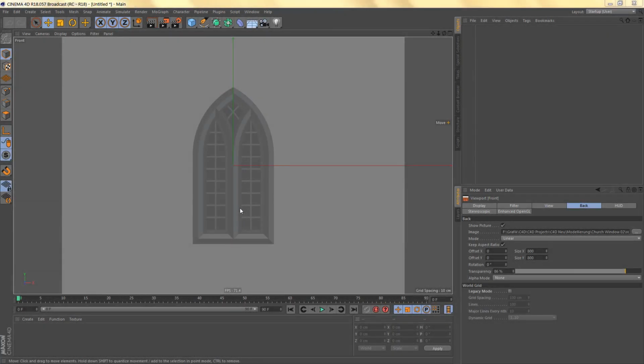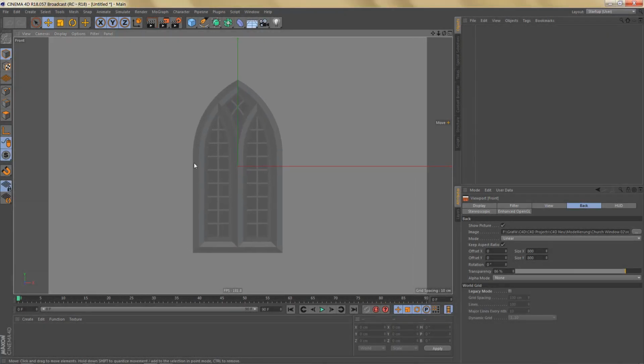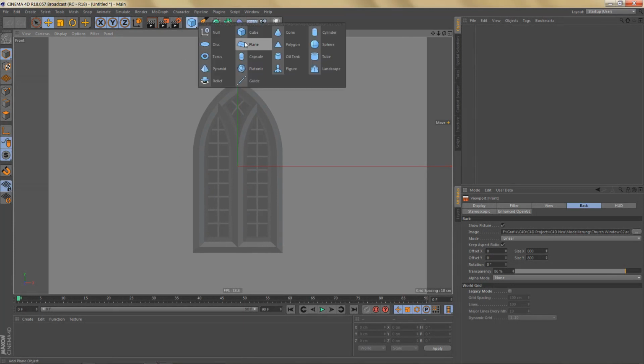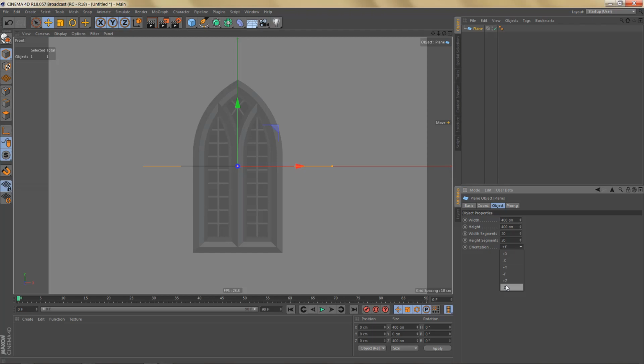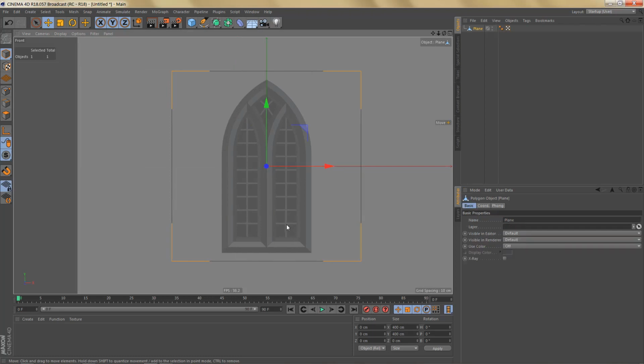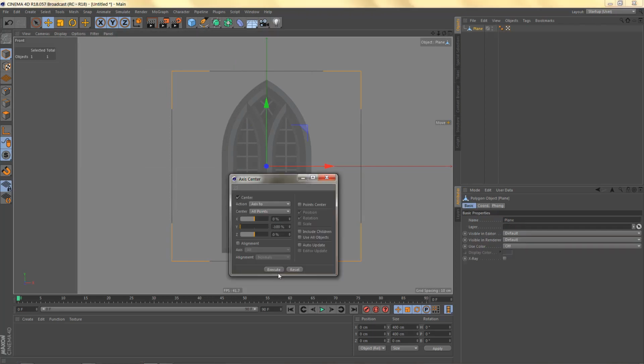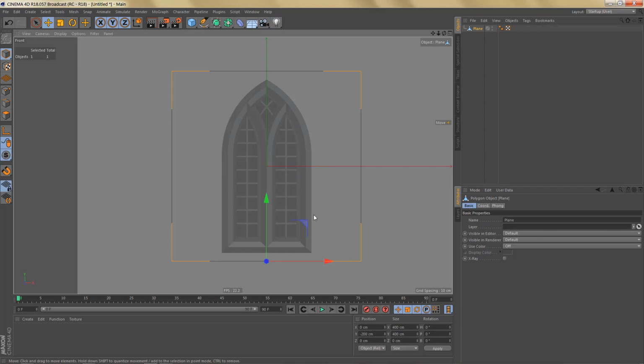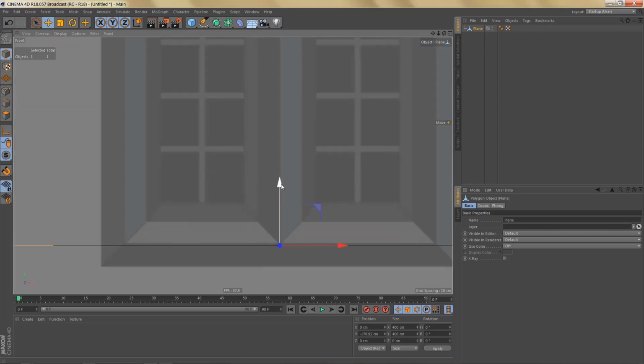So this is your reference image. I've loaded it in the front view, and we're going to start modeling this with a plane. I'm going to put the orientation to -z. We only need one segment. Let's make this editable, and I'm going to use axis center to move the axis to the bottom of this plane. I'm going to move it to about here,